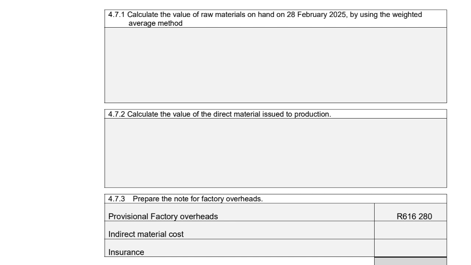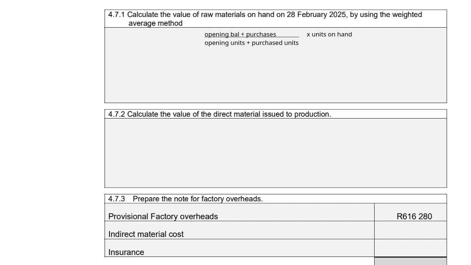Calculate the value of raw materials on hand on 28 February 2025 by using the weighted average method. So firstly, the formula that we're going to use is our opening balance plus our purchases in rand value, times the units of raw materials on hand at the end of the year, divided by the opening plus purchased units. Okay, so if we go back to the question, our opening balance for inventory for raw materials is 55,000